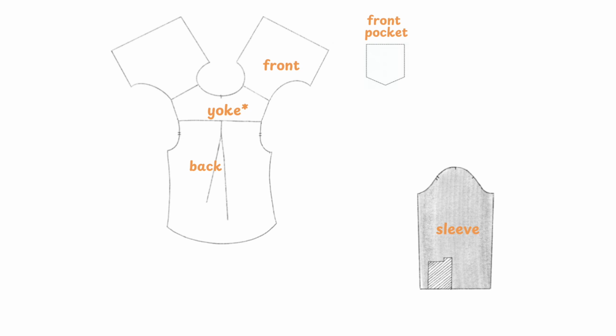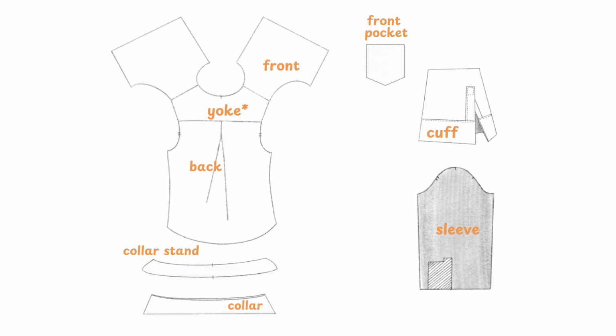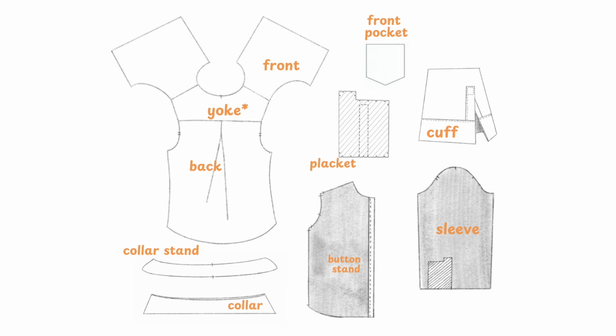But not everything that we wear in our day-to-day is quite that simple as a t-shirt, and some garments require many more pattern pieces in order to make them a reality. Take a button-up shirt, for example. You've got the front, the back, the sleeve, front pocket, collar, collar stand, sleeve cuff, placket, and button stand. That's already a lot more moving pieces than just our simple t-shirt, and that's just for your standard run-of-the-mill button down. The more pattern pieces a garment has, the more a clothing manufacturer has to cut out and then assemble